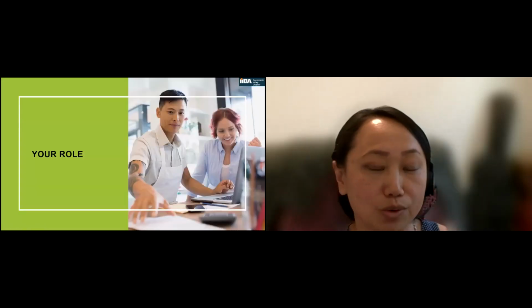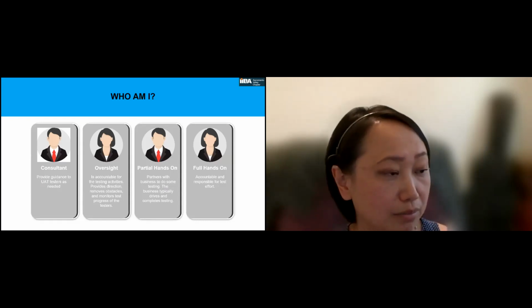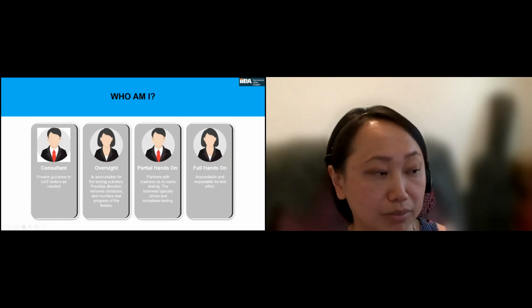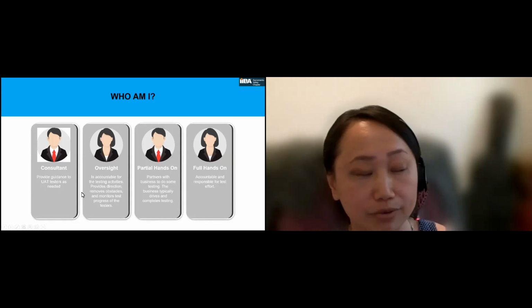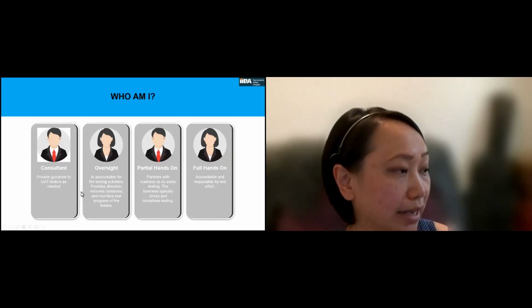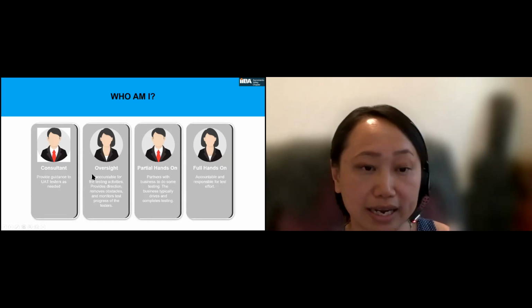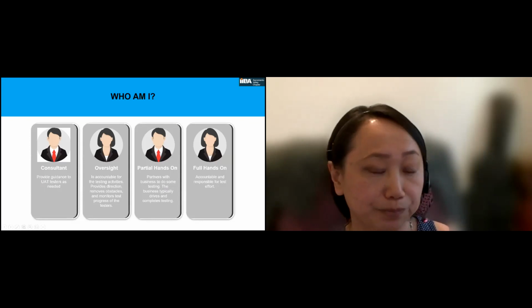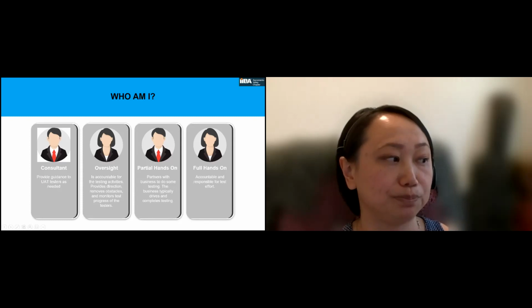All right, so your role. Again, with every company, it's different. I can tell you that the 4 roles that I put on here, I've definitely played or worn one of these hats at one time in my life or another. And those roles are either as a consultant, as oversight, partial hands-on, or full hands-on. So again, depending on your company, your role in UAT is kind of across the spectrum.